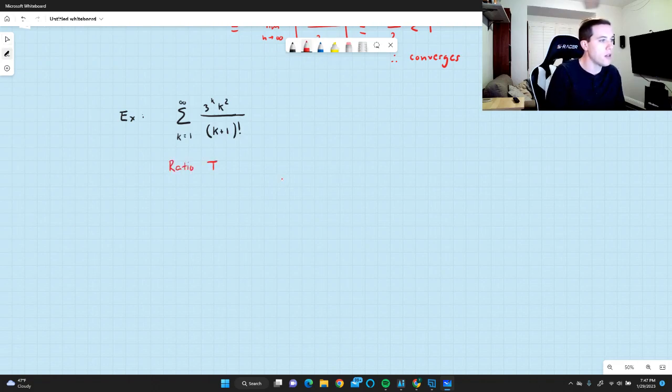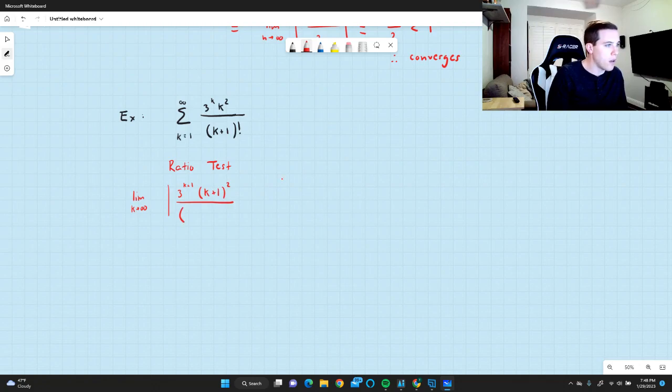So ratio test, because we have a combination of factorials, although in this case it's k plus 1 factorial, but all that is inside the same factorial. We have 3 to the k and we have k squared. So let's set up our limit as k approaches infinity. Yes, you have to set up the ratio. You get a point for this on the AP test. So 3 to the k plus 1, k plus 1 squared, all over